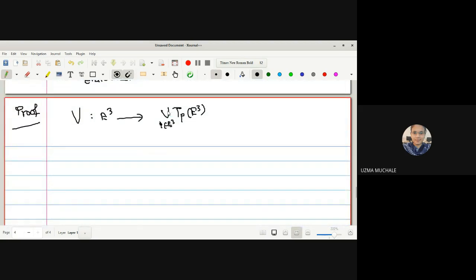Okay, so I can use the definition such that we can say it assigns a tangent vector VP at every point P of E3 space. If the statement is correct,